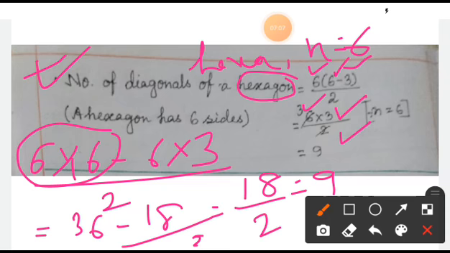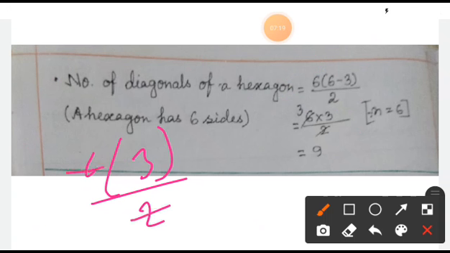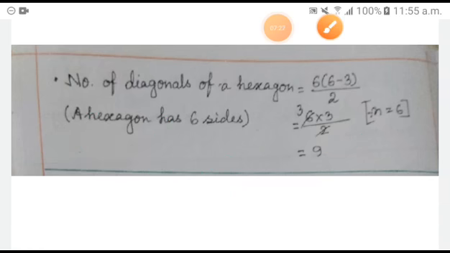So you are getting the same value, and you can do it directly also. You can follow the BODMAS rule, that is, inside the bracket work first. 6 minus 3, that is 3, by 2. Now you cancel out: 2 3s are 6, 3 into 3, that is 9. So you are getting 9 in this way also. Okay children, now you are going to proceed to the next part.